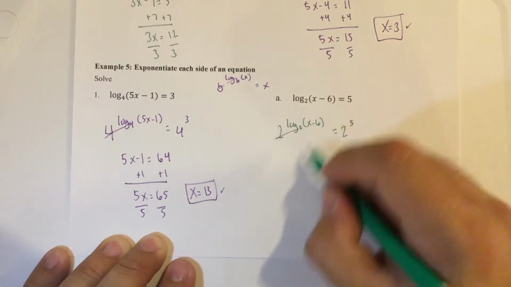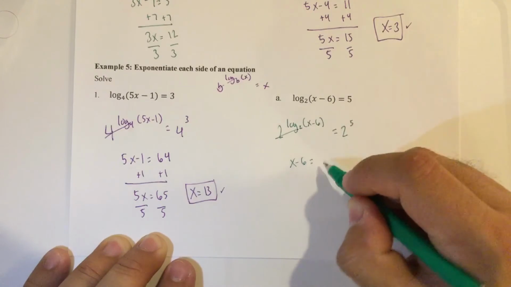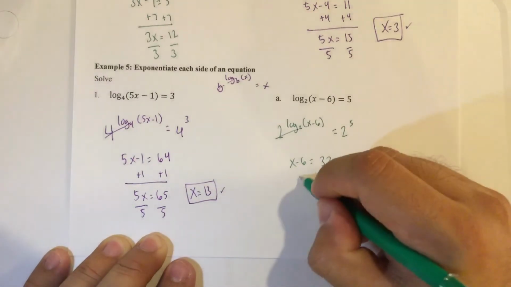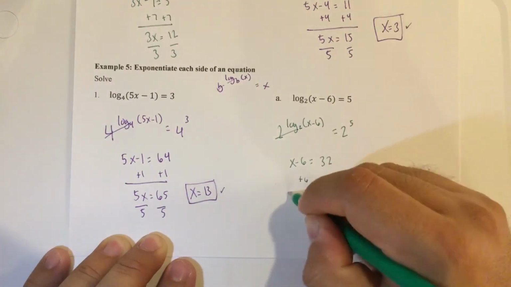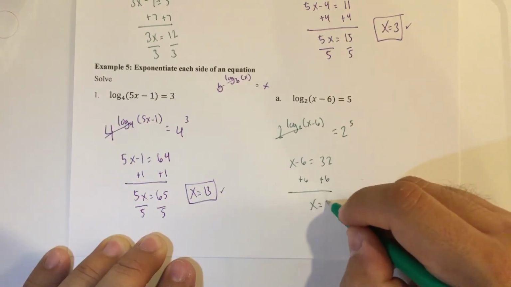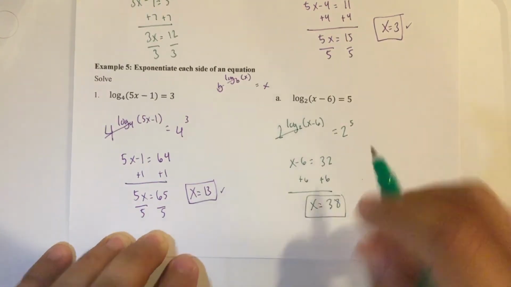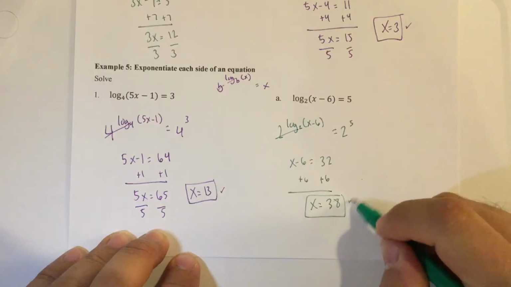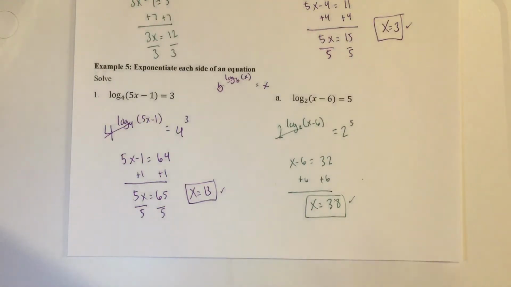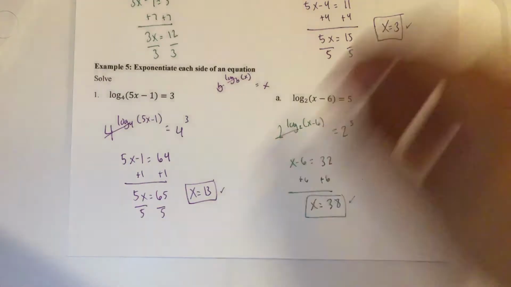Inverses, so x minus 6 equals 2 to the 5th, which is 32. Add 6, x equals 38. You can plug that back in, double check it, and it will definitely work. All right, and now we're down to the last